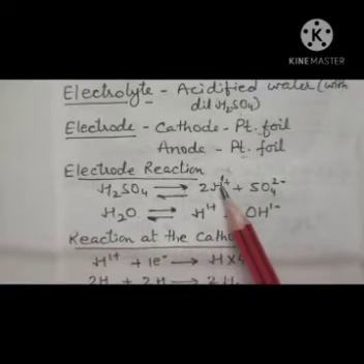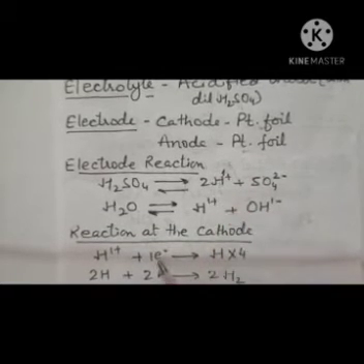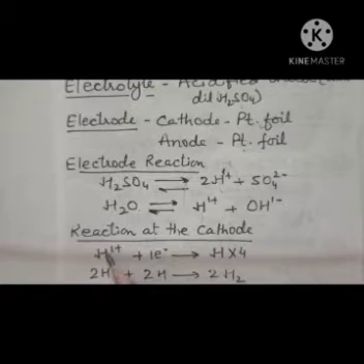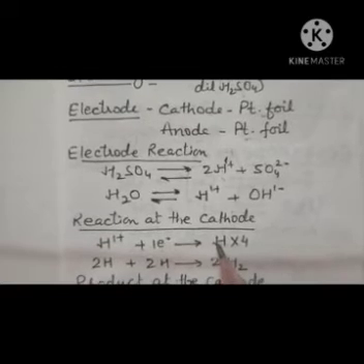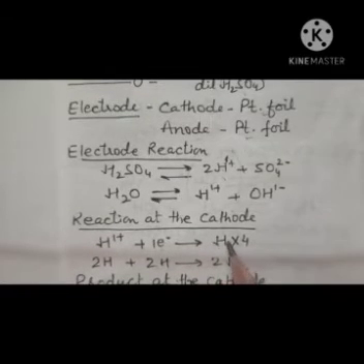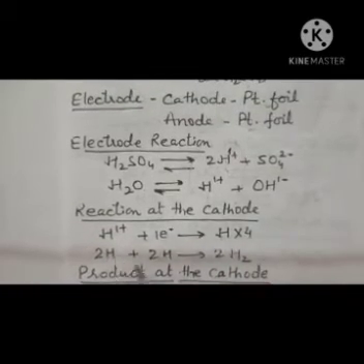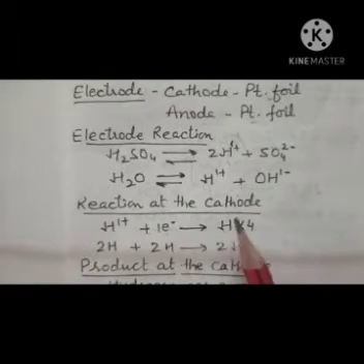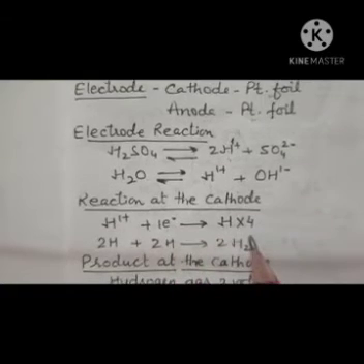Now these positive ions, that is your hydrogen ion, migrate towards the cathode and discharge at cathode by gaining 1 electron. Because why? Because it has H1 positive. So to convert into atom, it will gain this 1 electron and convert into hydrogen atom. Then to balance the equation, we will multiply it with 4, and 2H plus 2H is equal to 2H2. Just learn this equation as it is, right?